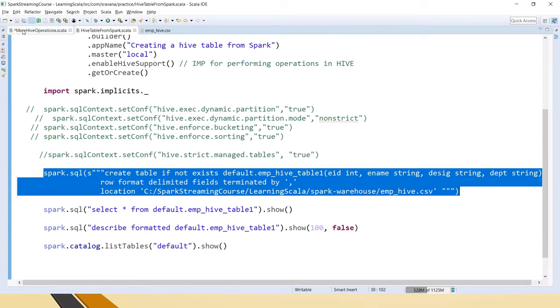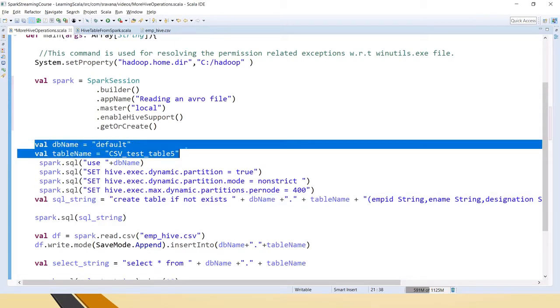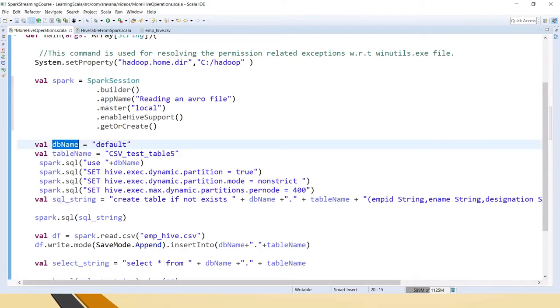So now we will see how to create an internal table and also how to load the data into that. So friends, when working in a production environment, you need to send this database name and table name in the form of variables. Like, you cannot hard code the table name. Just to show you I have created it like this. Okay, you can hard code also, both are same. So now I have taken one database name as default, and the table name I am creating is some table name.